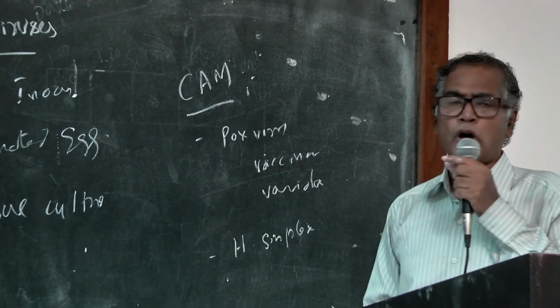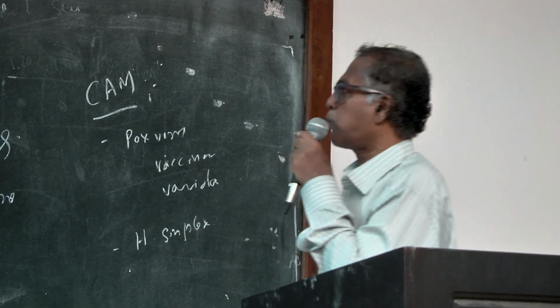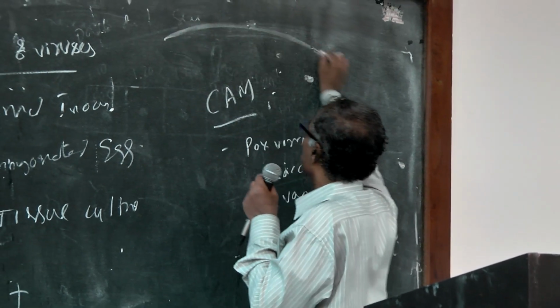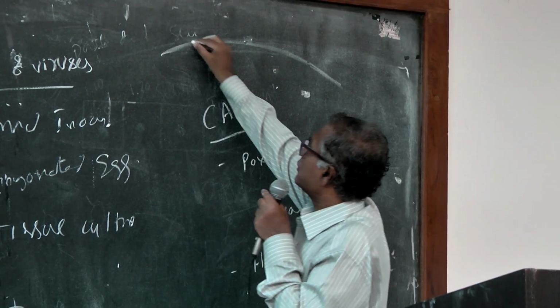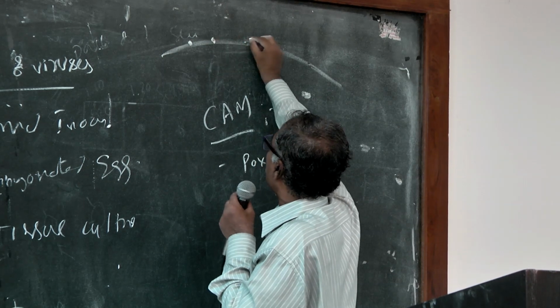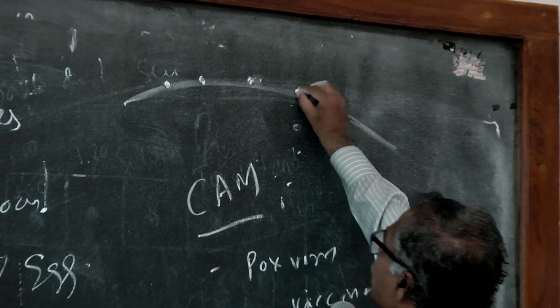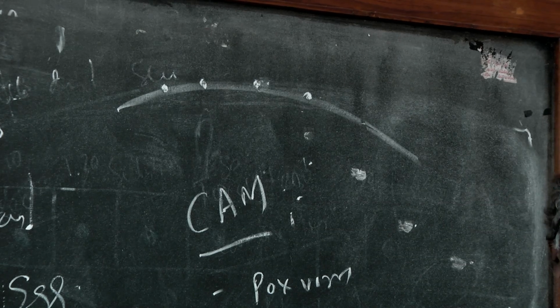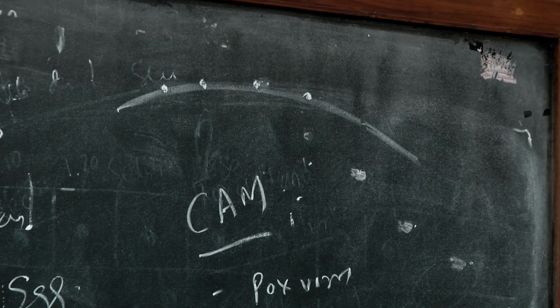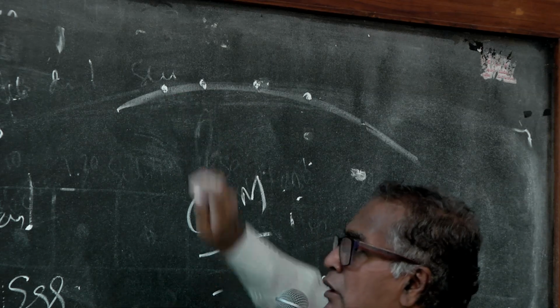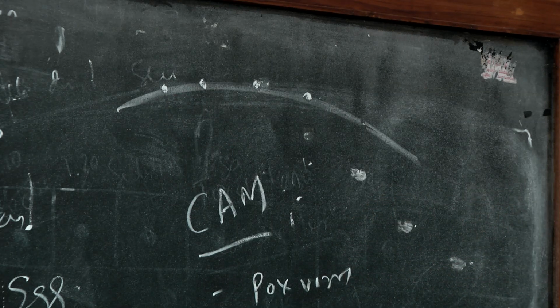So here, whenever the pox virus is developed, it produces plaques on the chorioallantoic membrane. This growth of the virus can be seen as a development of plaques. So by counting the number of pocks, we can say how many viruses are present in the given sample. Apart from that, we have to see the nature of the pock: is it necrotic, is it hemorrhagic, is it non-necrotic, non-hemorrhagic. This also gives an idea for the identification of different viruses.